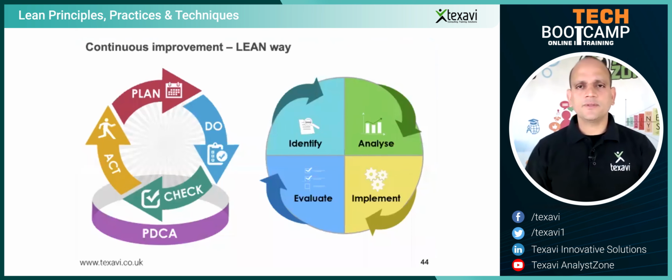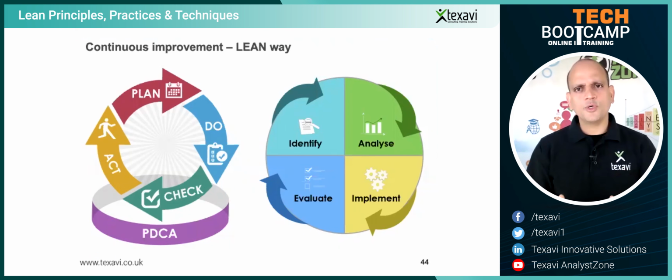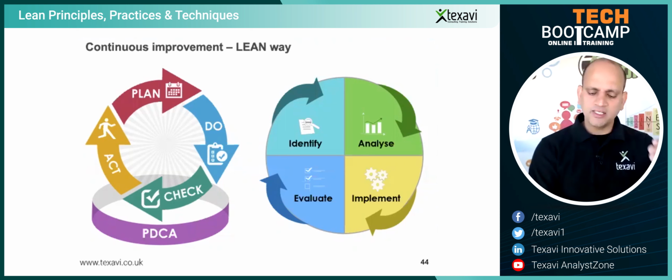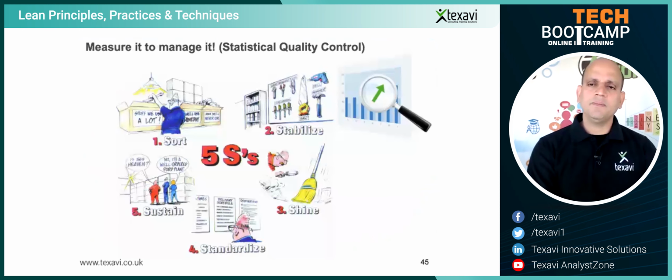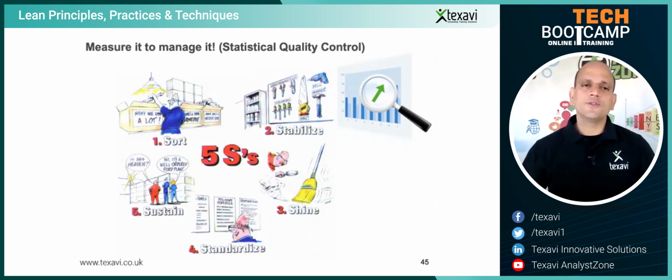Yesterday we saw that, and in the previous agile sessions we discussed how agile makes the whole approach of solving problems iterative and incremental. It's not about just doing it once and forgetting. It's continuously improving things day by day and hour by hour. And then for this, what Lean suggests is what we call 5S. We need to assess where we are and how we are improving. Are we improving or not? For that, we need to measure. If we don't measure, we can't manage it, and we can't know whether we are really improving or not.